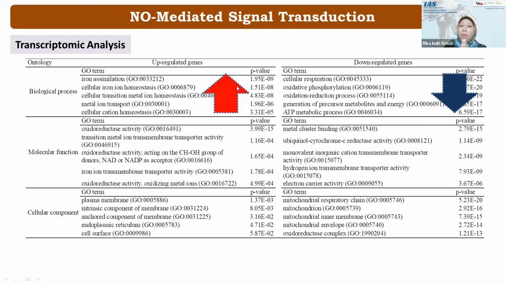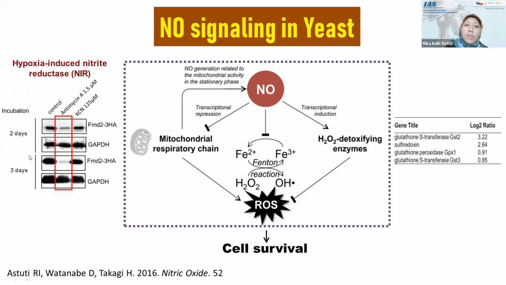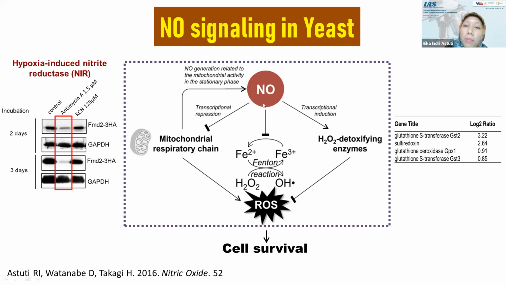So we managed to do a functional gene analysis, a gene deletion study, and so on, and come up with this pathway of nitric oxide. I'm sorry for making the explanation fast, but we did a number of studies here. Here, nitric oxide as a signaling molecule will induce the transcriptional level of those enzymes involved in the detoxification of oxidant. Here we use H2O2 as a source of oxidant that in the cells will be converted into